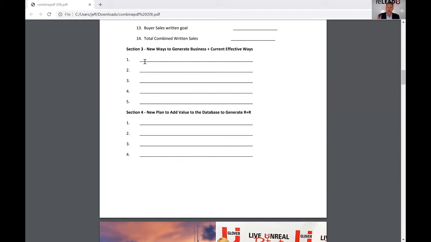I want you to write down 2 things that still apply to your business post-COVID for the last half of the year. So we're going to write in 2 things that you're doing that are working. Go ahead and jot those down. Then I want you to write in 2 things that you haven't got a chance to implement yet, but you still want to. And then, ready for this? On the 5th line, I want you to write down 1 new thing that you've learned in the last 60 days that was not part of this plan, and it's something that you wanted to take action on.